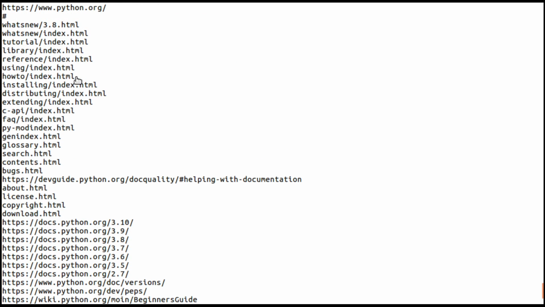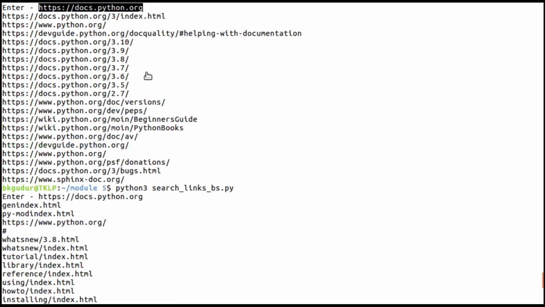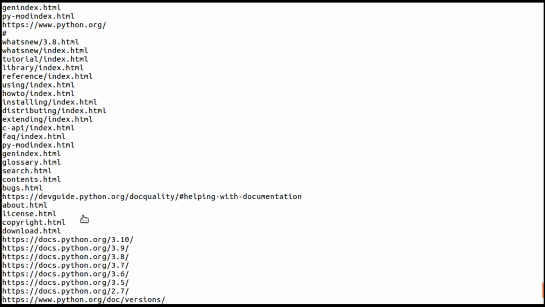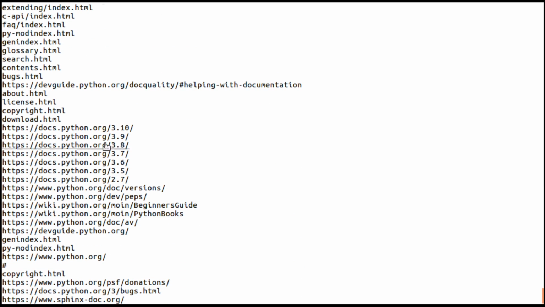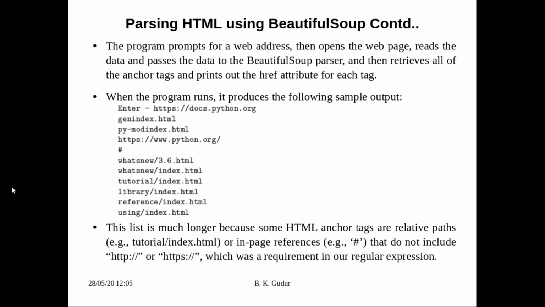When we extracted it using regular expression, that particular link is not there. You can see all the expressions just started with HTTPS. There is no copyright link here, but you can see, dear students, there are so many other links like about.html, bugs.html, search.html, copyright.html, which have been extracted using BeautifulSoup. I hope now everything is clear to you, right? So let us continue with BeautifulSoup.